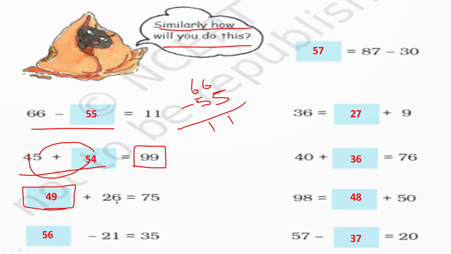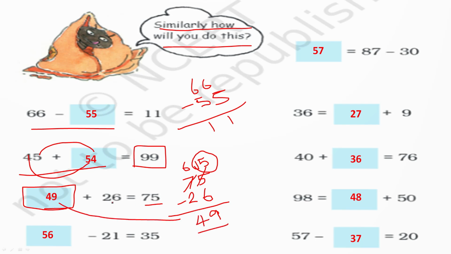dash plus 26 is equal to 75. So first you write 75 minus 26. 5 you cannot subtract 6. So carry 1 from here, it will become 15. The 7 will become 6. Now from 15 subtract 6, you will get 9. 6 minus 2, you will get 4. So 49. So the answer 49.